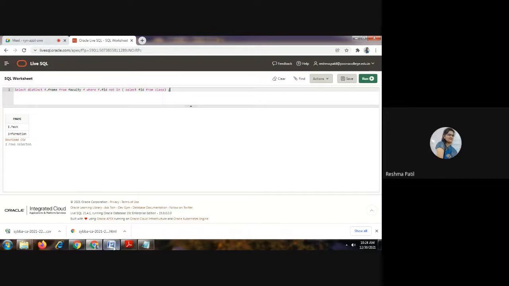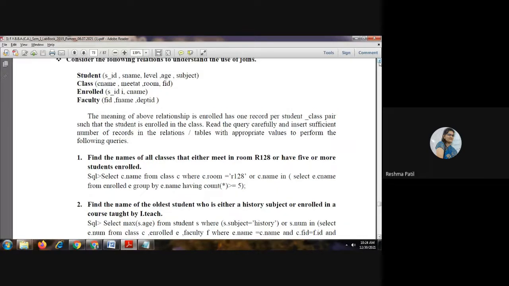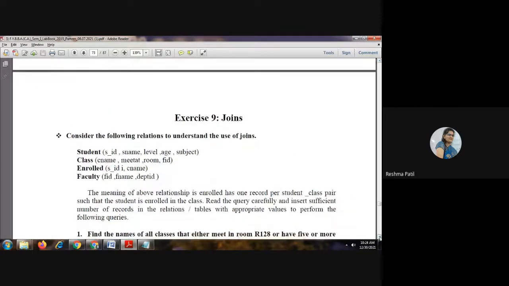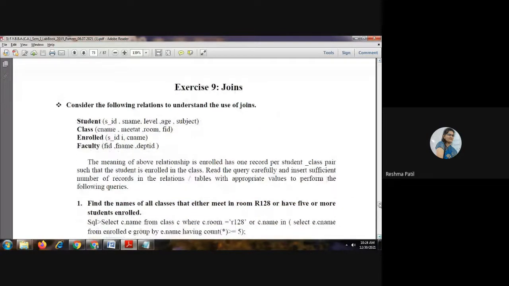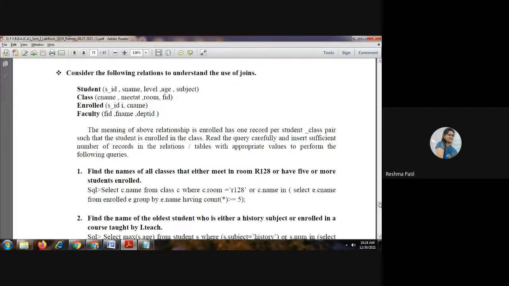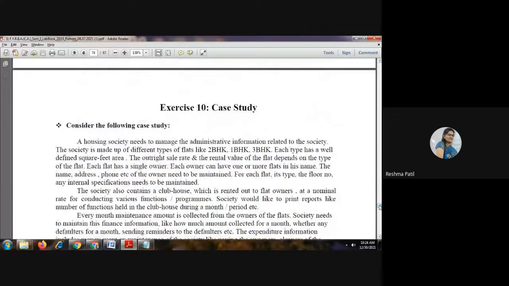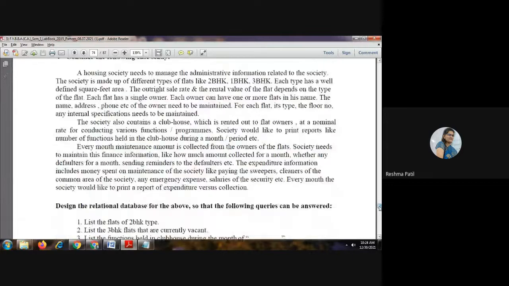Okay, so here we have completed this exercise number 9, joins. So try this if you have not completed. And one more exercise is remaining, that is the case study. They have given one case study. On the basis of that case study, you have to create the tables.